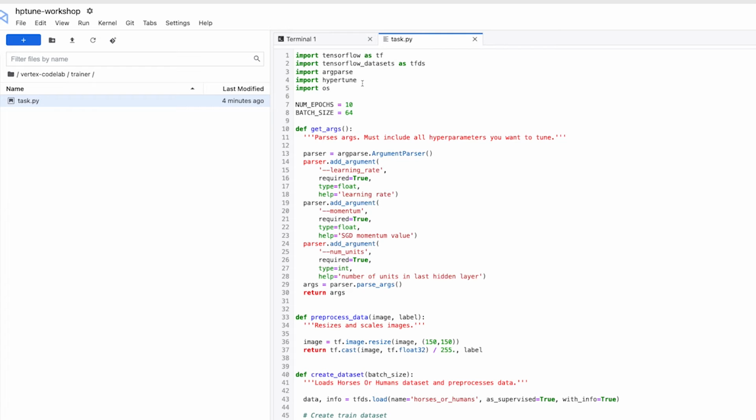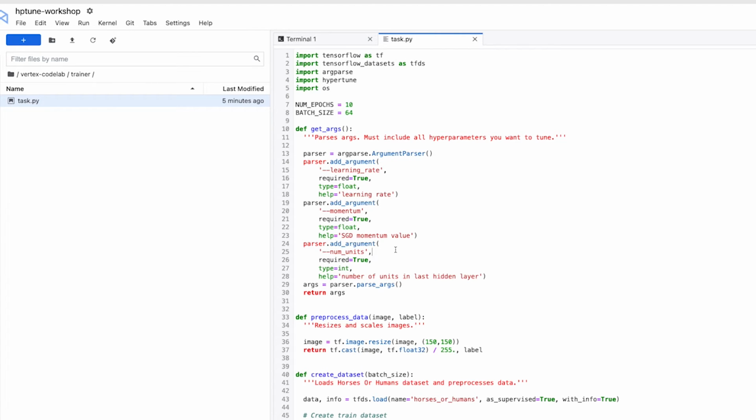So after you've imported the Hypertune library, the next thing you need to do is create this getArgs function, and you'll use argparse to define all of the hyperparameters that you want to tune. In this case, we have chosen to tune the learning rate, the momentum, and the number of units in the last hidden layer.